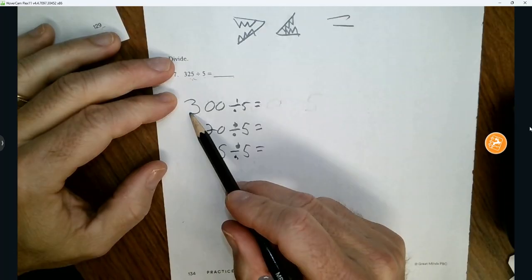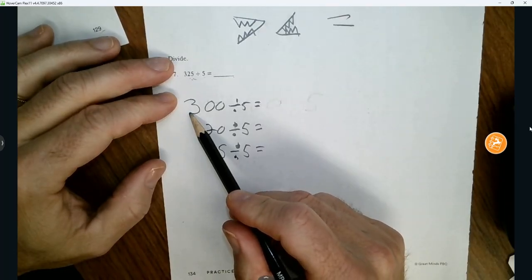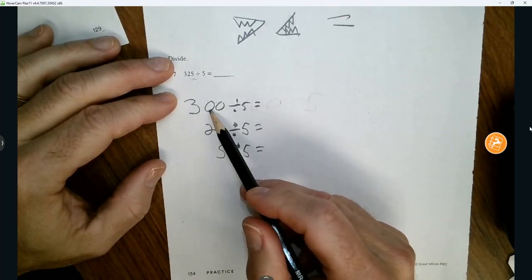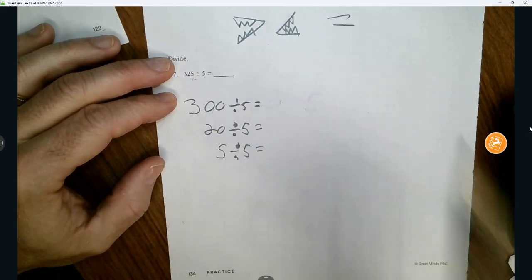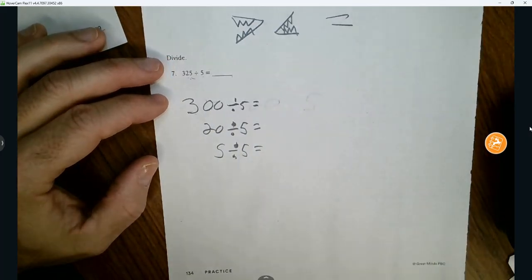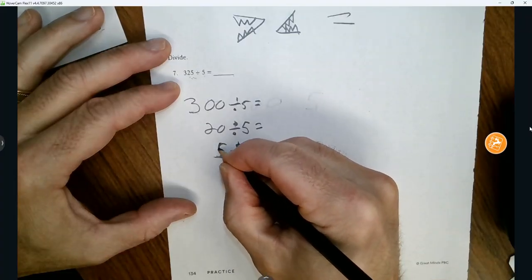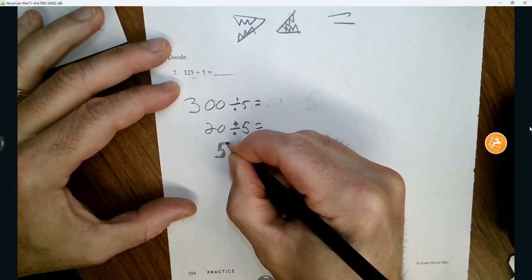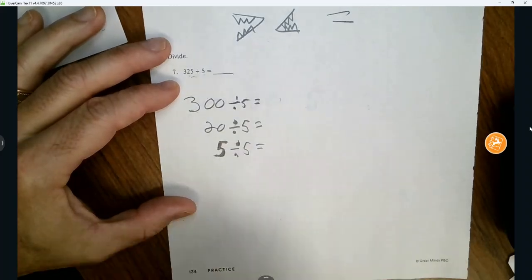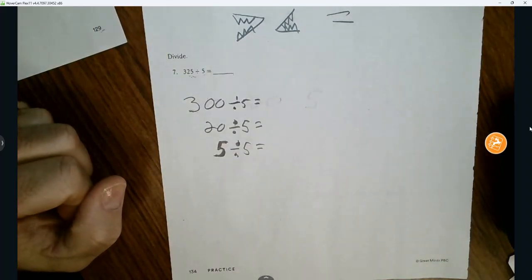Can 5 go into 3? Nope. Can 5 go into 30? Yep. How many times? Figure it out. I feel like you guys should have this. As soon as I made this look like a 5 and not an S. Sorry, last name's short. Those S's just pop out every so often. All right, figure this one out. Here's another way to do it if you want to. Make your life a little easier. That said,